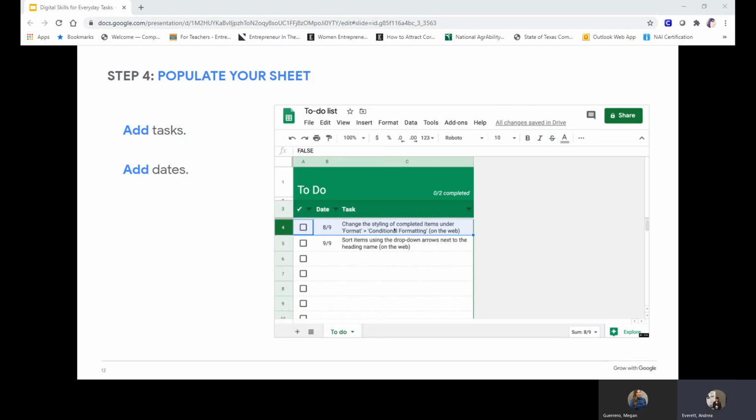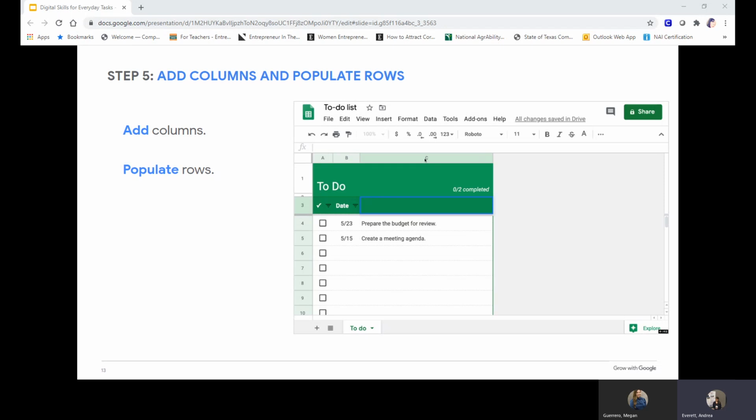Notice that when you click into the sheet cell and start typing, you will replace the text that was already there. If you're experimenting, type 2 or 3 tasks that are related to an event you might plan. Then add a few dates. If you're practicing along, it doesn't have to be real. When you build this project for your own team, verify that you have the correct dates and those deadlines are reasonable. If you have hard deadlines, like an event you have already scheduled, make sure to include those too.